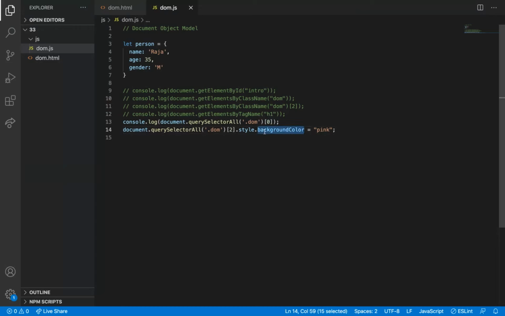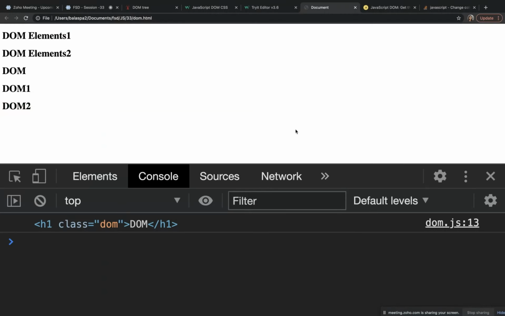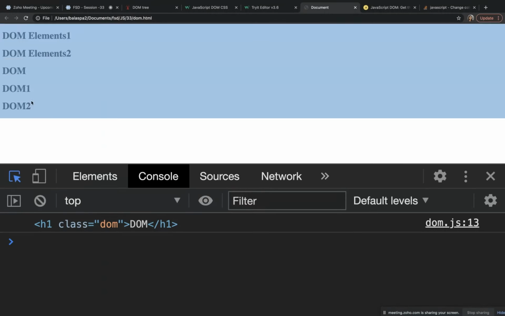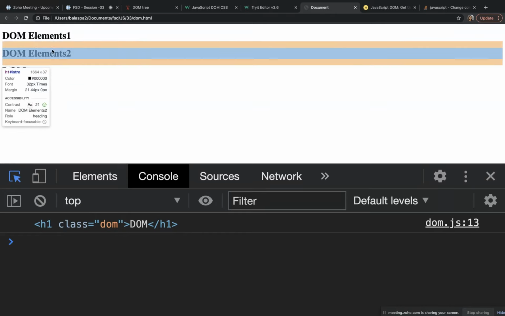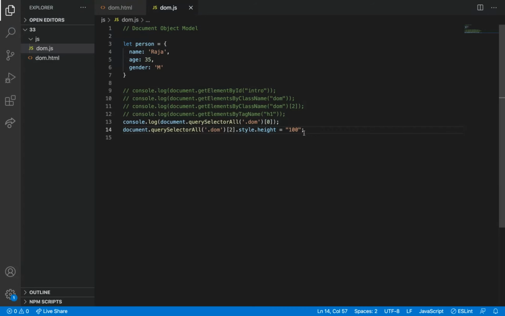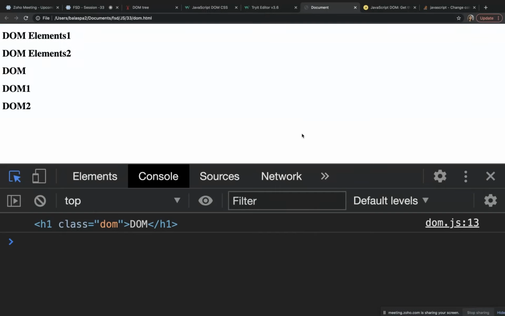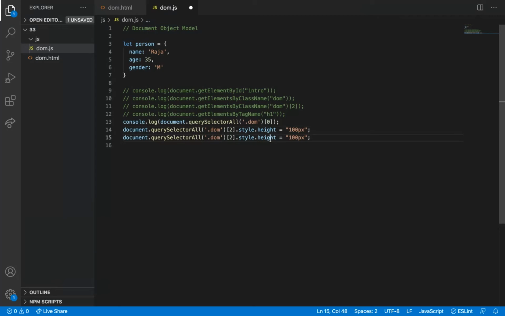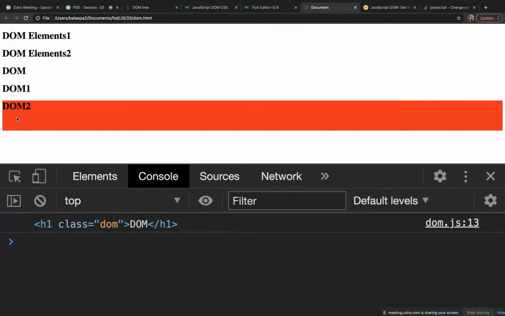We can set the height here, and then width here, and then let me say 100. Hover over it. All the things you can access. So height is 100 pixels, and now the background color got applied as red.